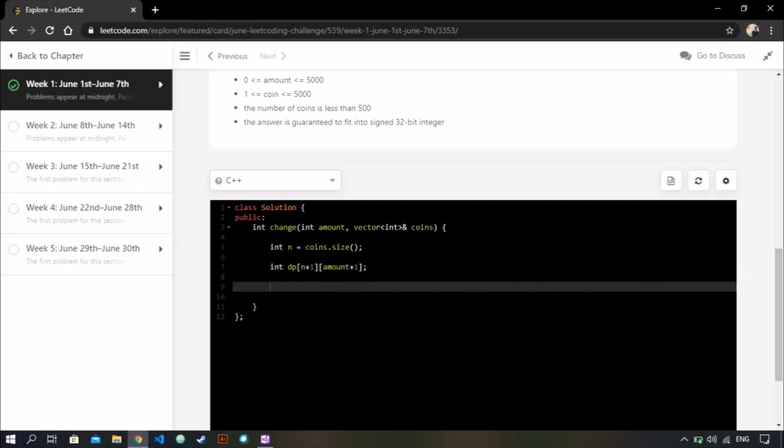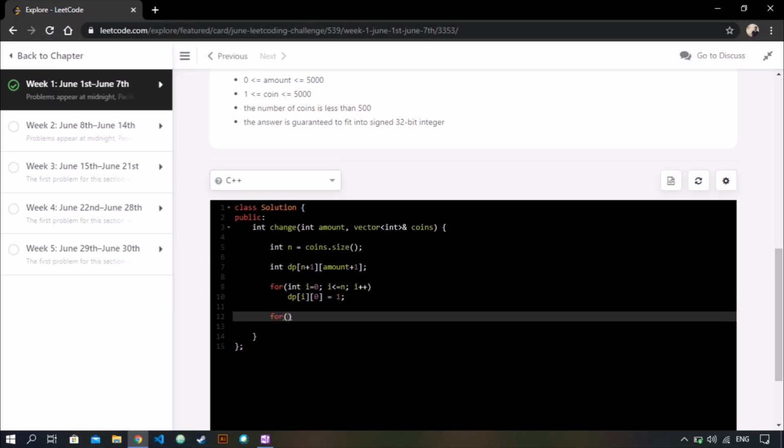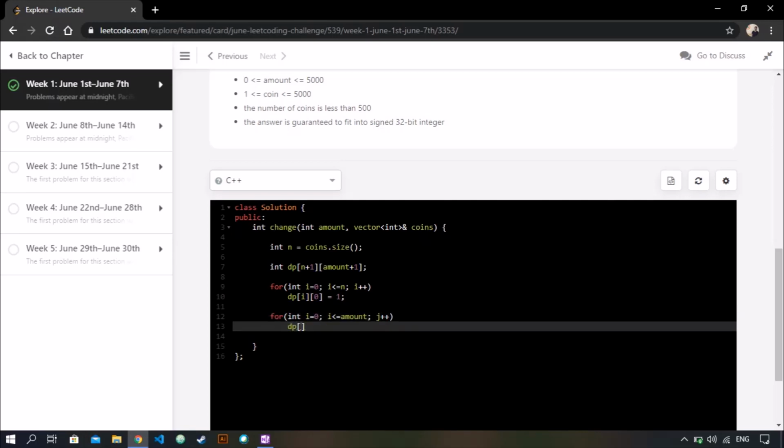Okay, now let's initialize our first column as ones, and the first row as zeros.